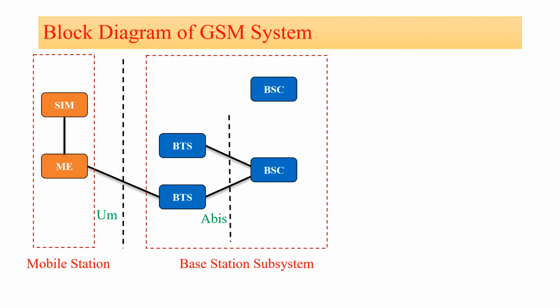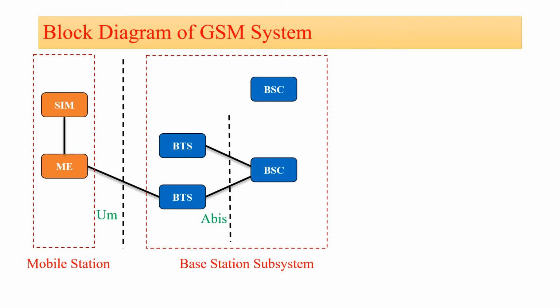And a base station controller may be connected with the BTS, that is base transceiver station, and it may control the multiple BTS units and hence the multiple cells. And there are two main architecture elements in the BSS, that is base station subsystem. That is, first one is the base transceiver subsystem, that is BTS, and the base station controller, that is BSC. And the interface that connects the BTS and BSC is called as an Abis interface.